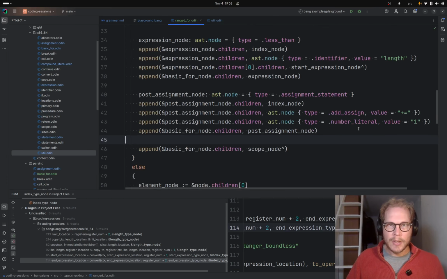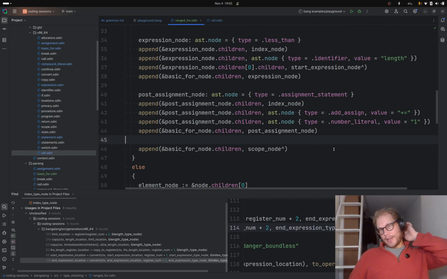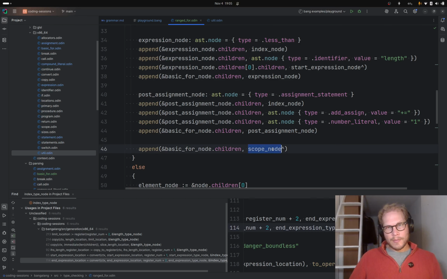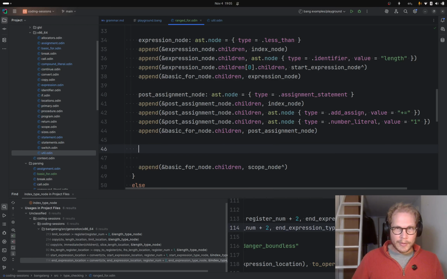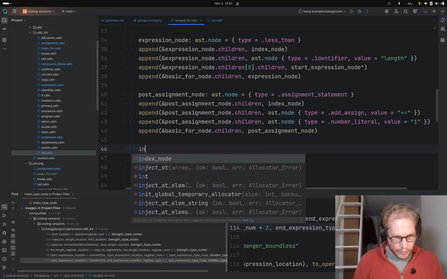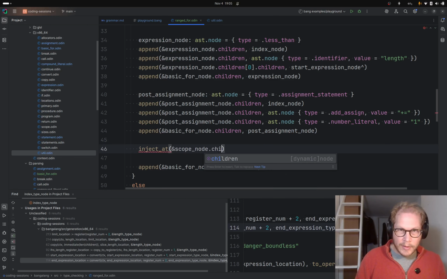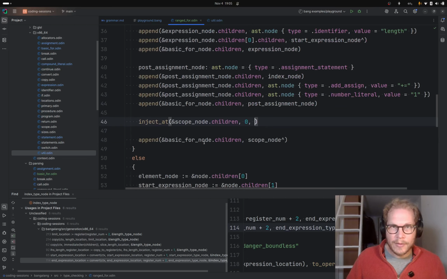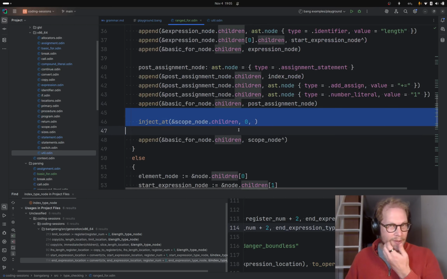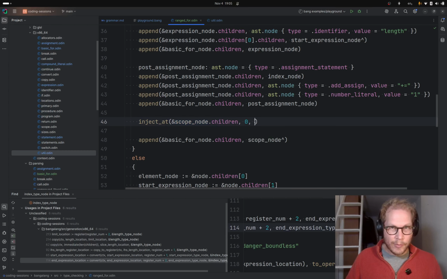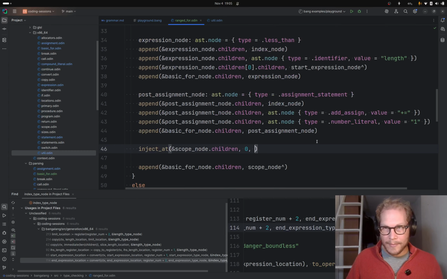Cool. And then the extra thing that I said we need to do, maybe before we add the scope in, is we need to, I think it's inject at the children of the scope node position 0. So we're saying the first statement in the scope is going to be